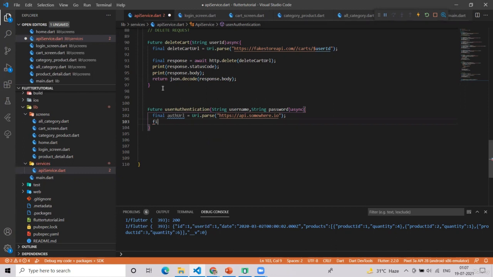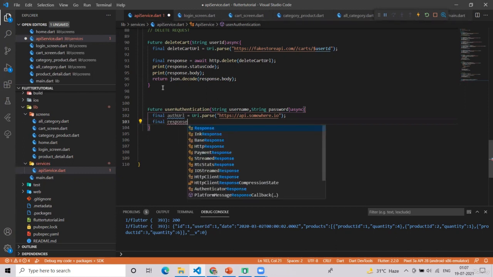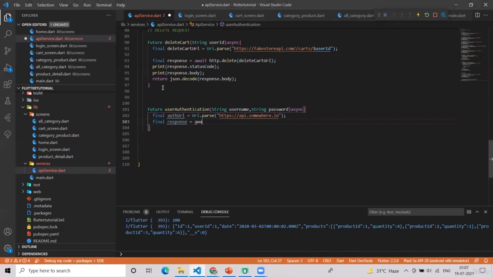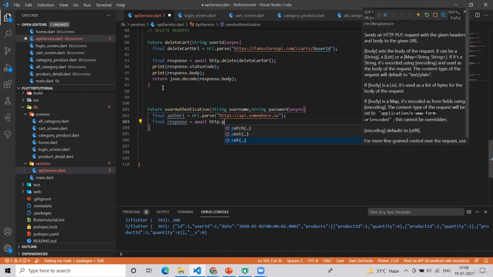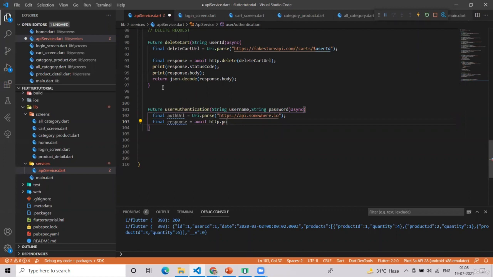Now the important thing here is the response. When we write response equal to await http dot, when we are sending the data in the body, we cannot have a get request, we always have to use the post request, then only we can send the body parameter.